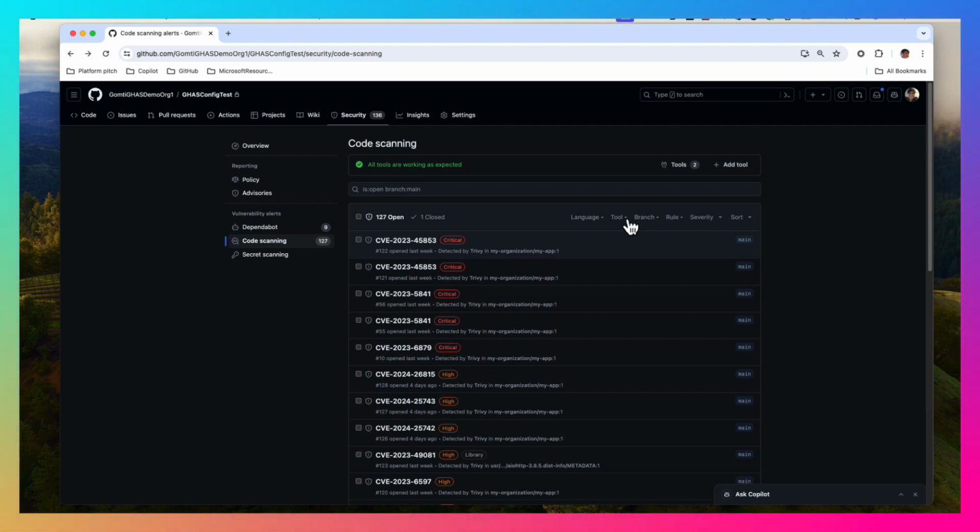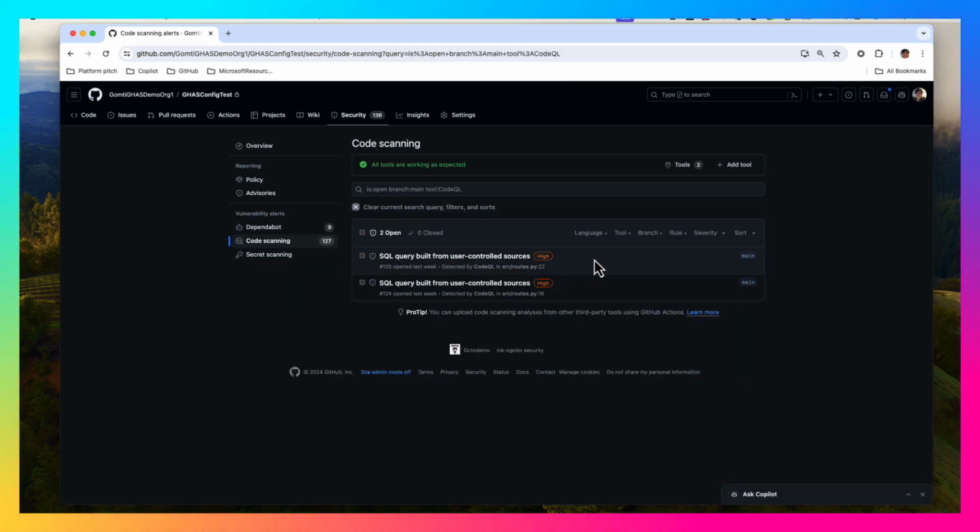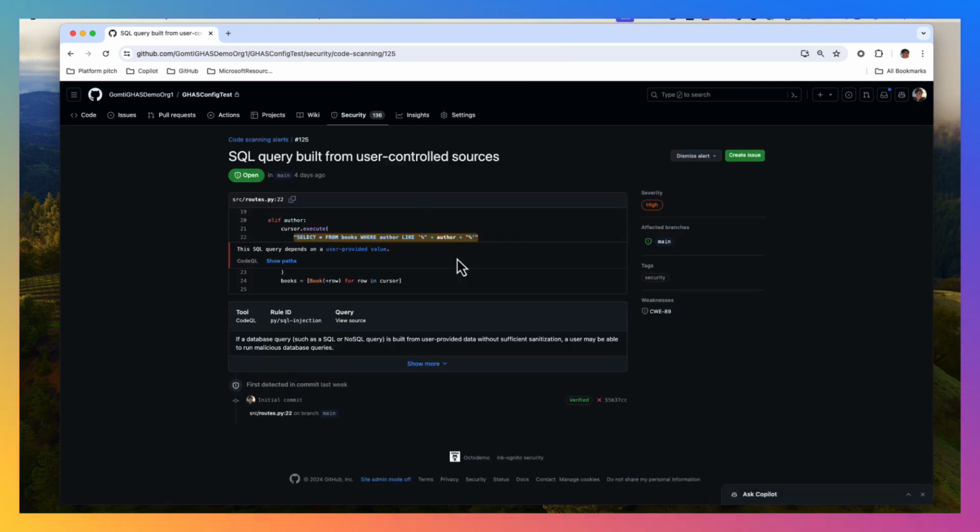I also want to show you there are a lot of different criteria to filter these alerts by. Let's just see tools. So you can see the alerts were generated by two different tools, Trivy and CodeQL. I am going to filter by CodeQL, and now I will open this alert and look through the details. You can see the type of vulnerability it is, the alert status, it's open, the file where the